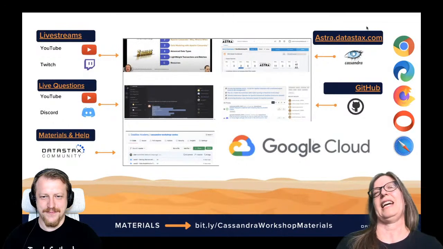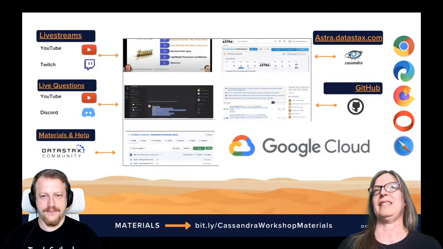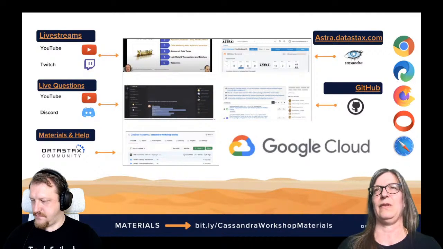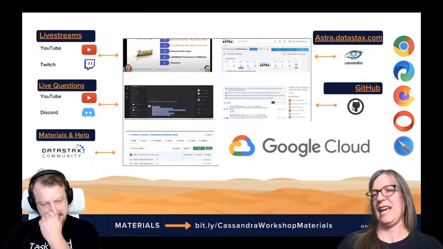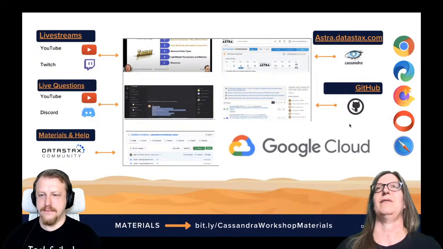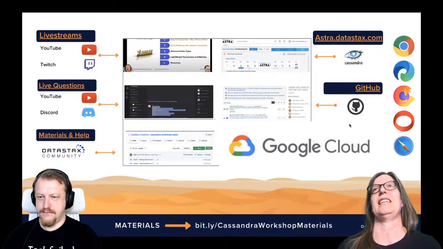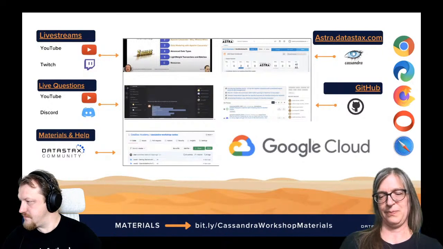We will be using Astra today, but very, very little, just to complete our full demo cycle where we enter our details through the UI in our example. But other than that, we don't use Astra very much today. And all the instructions are published on GitHub for today, and we've put a lot of screenshots in there. So hopefully you find it easy to follow along if you do it after the workshop.